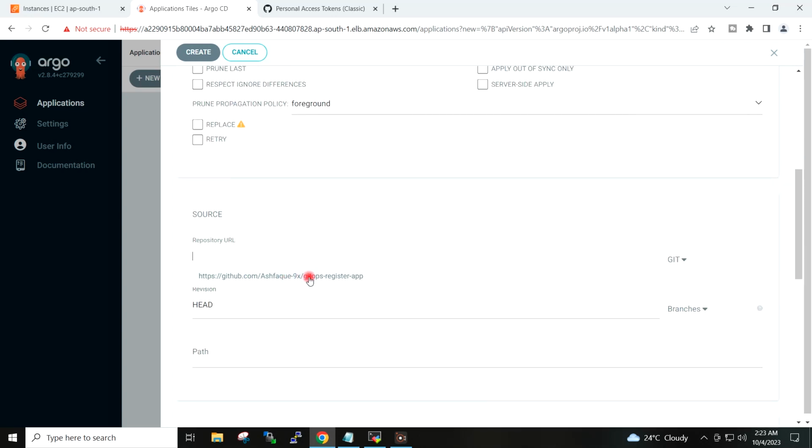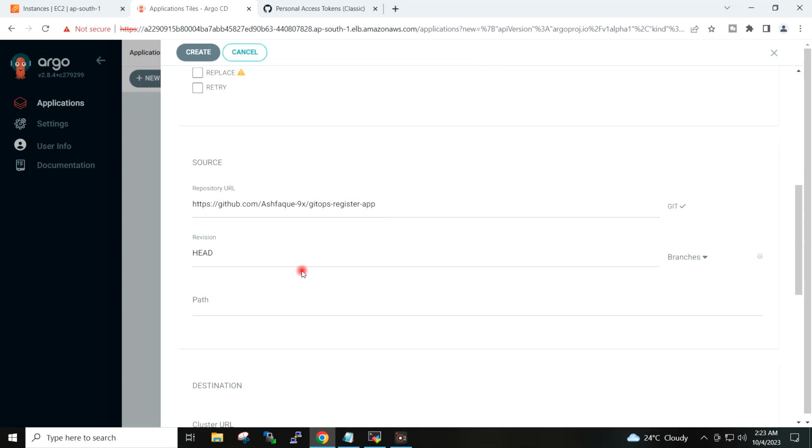Source, I will select my repository, revision HEAD, path, I will provide dot slash,